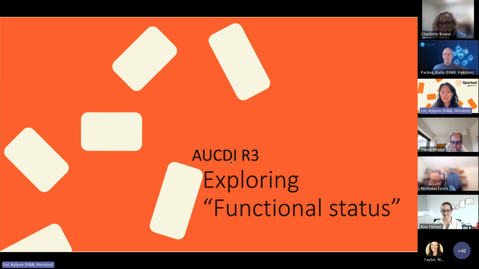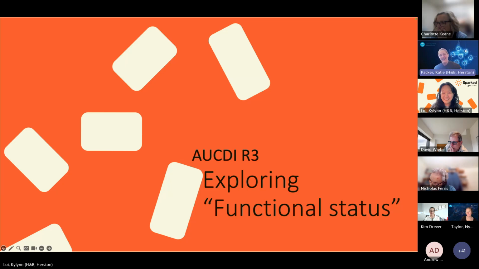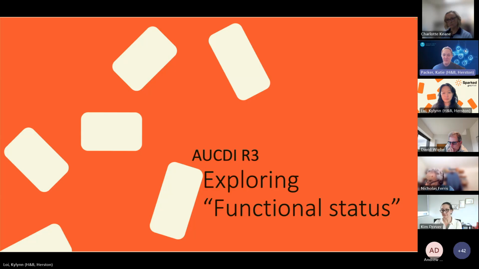So I might now pass on, I think, Katie, to explore functional status, because I think we found that it's not such a simple thing, is it, Katie? No. So hi guys, my name's Katie. If you haven't met me before, I've just started doing some work with the team after a project that I did, which was looking at measurement tools that we use to assess functional status. So I've been working with Nye to look at this, and what we've worked out is that function is a